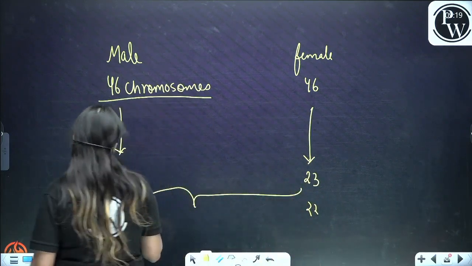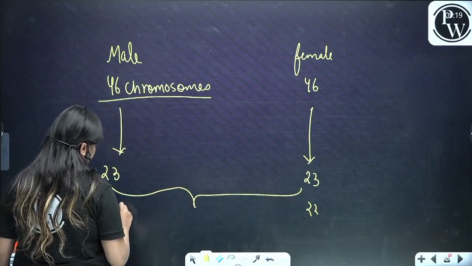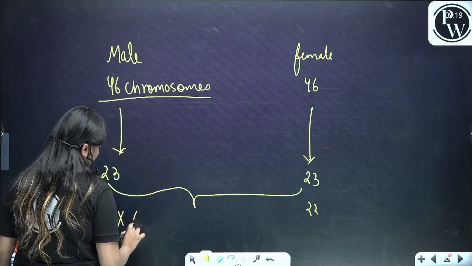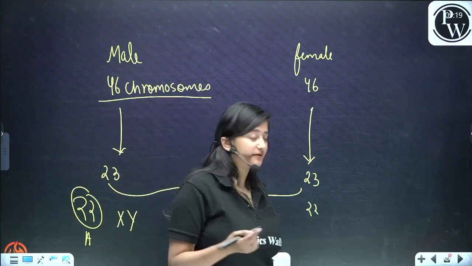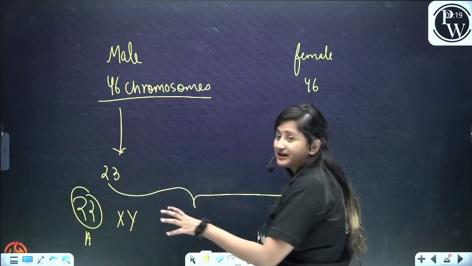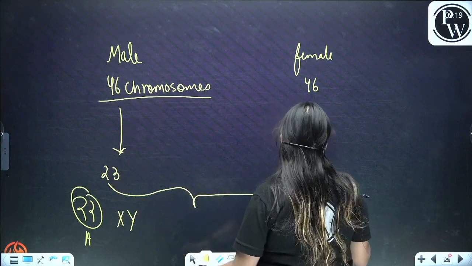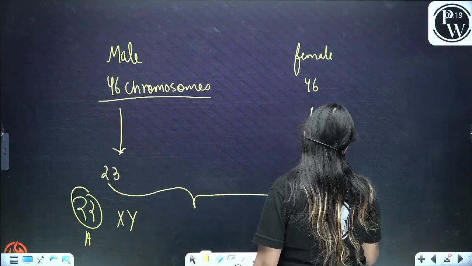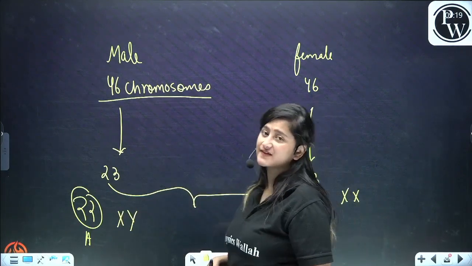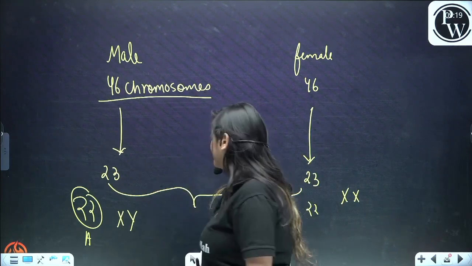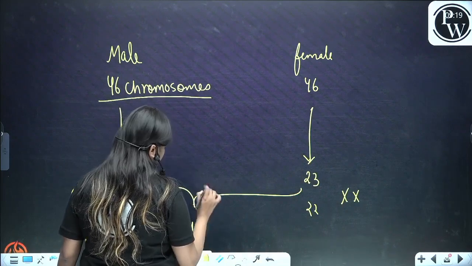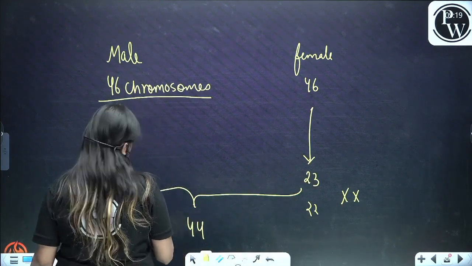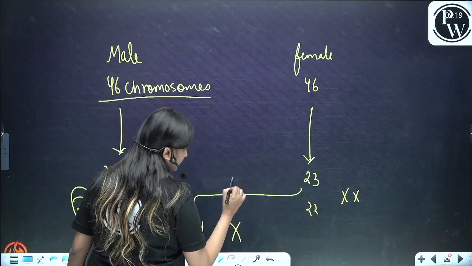But the male also has X and Y. There are two sex chromosomes, X and Y, because it's heterozygous. Males are always heterozygous, but females are homozygous because they carry X and X. Okay. Now, at the time of fertilization, 44 chromosomes are these, but if an X chromosome comes from the mother,